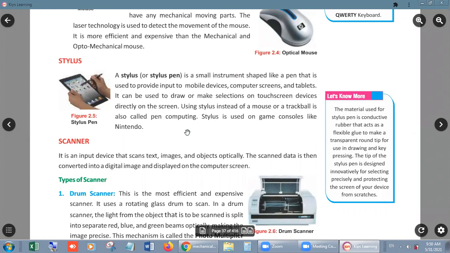When you put any page inside it, and when you start the scanning, there will be a beam or a laser light that scans the page, and after that it converts the image and displays it on the screen of the computer, right?